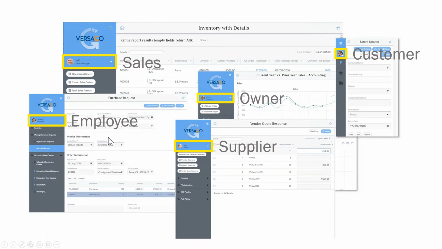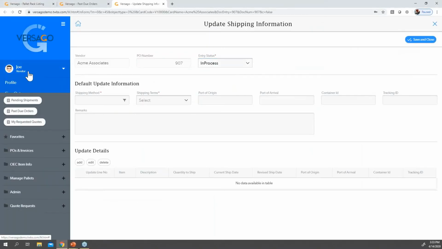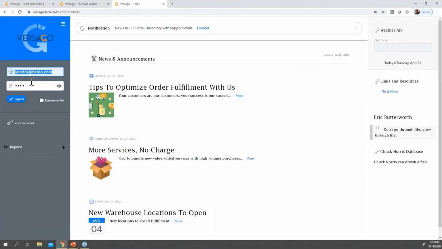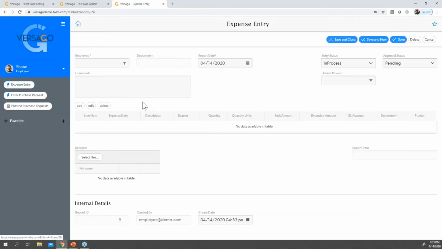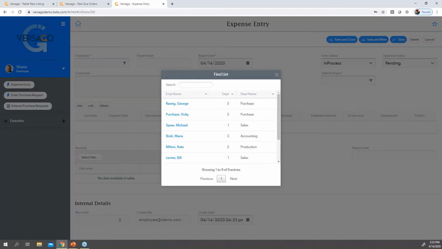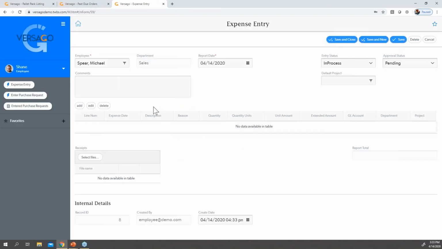So I'm going to show you two logins here. The first one that I'm going to do is an employee. This is just an employee, and this is where we can go in and enter expenses. As we narrow down the users and the entry status, we can lock out fields like the approval status based off of those users.